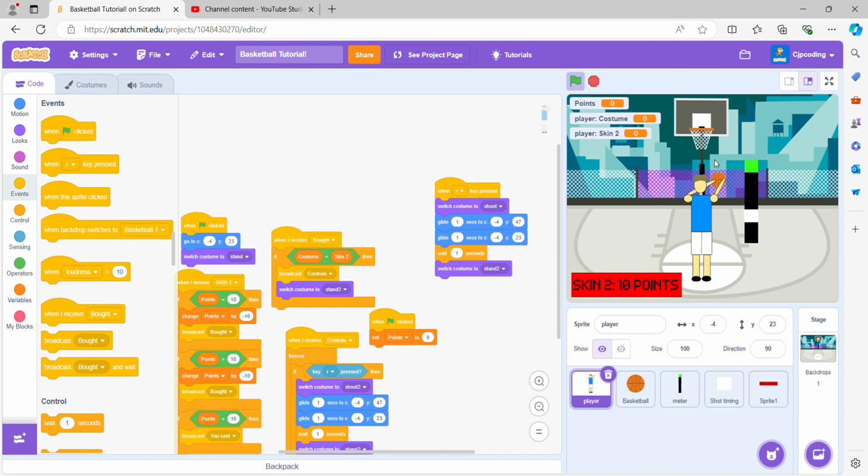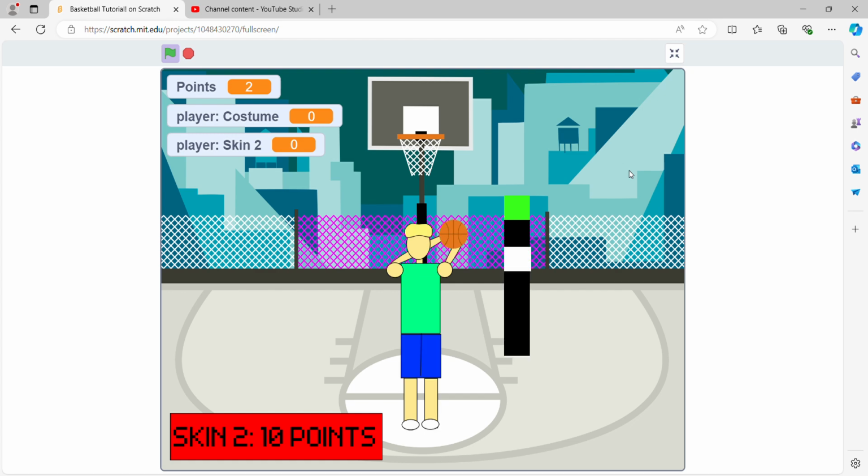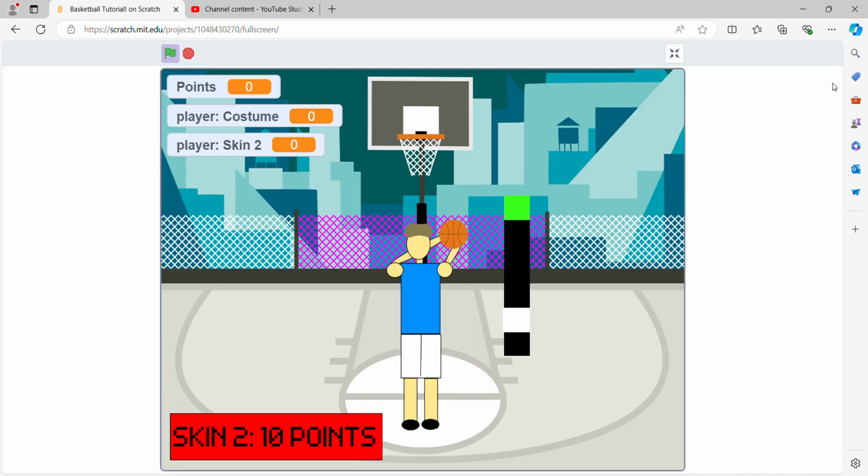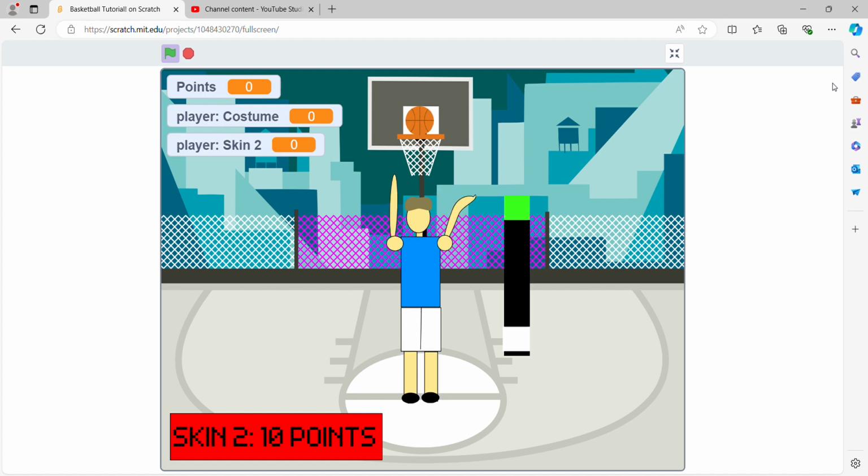Now, let's shoot a shot, and yeah, tell me that does not look 10 times better. Tell me what just happened. Oh, I didn't. There you go. It's fixed now. You shoot, jump shot goes in,